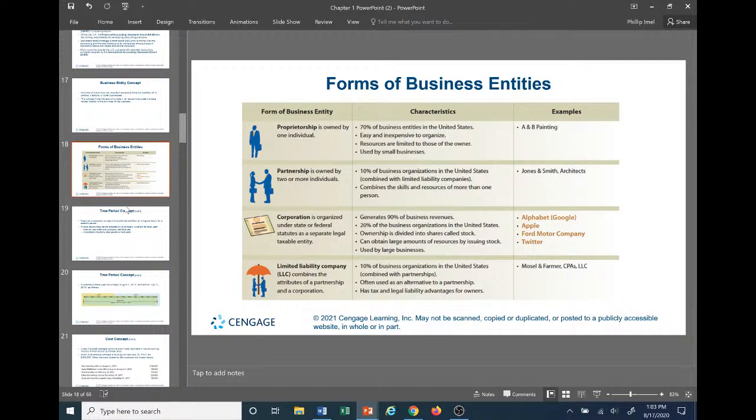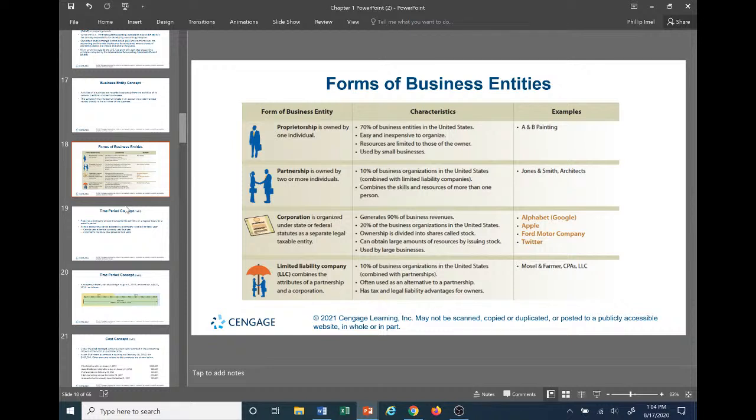Let's talk about different forms of business entities. Obviously businesses can come in many different forms. The form you choose is based upon what type of industry you might be in, what you're looking to get out of it tax-wise, how you want to pay your taxes, and what regulations you're going to have to adhere to, because every different form of business entity is subject to different tax structures and ownership structures and so on.